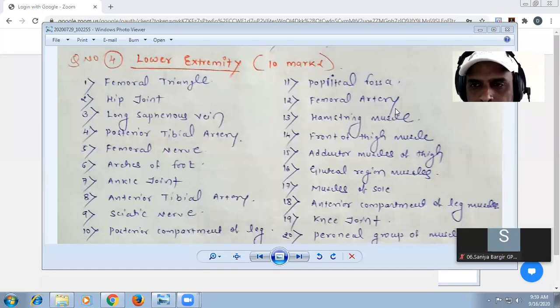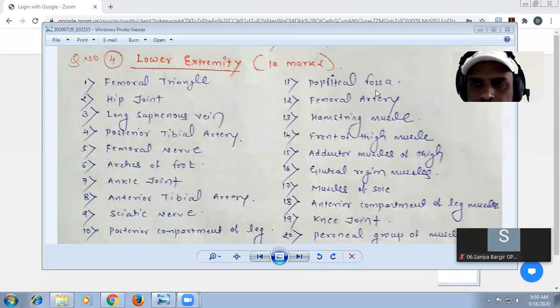Then a clinical anatomy point: you can compress the femoral artery at the mid-inguinal point to control distal bleeding. Pulsation can be felt at the mid-inguinal point. That is what you have to know about the femoral artery. A stab wound at the apex of the femoral triangle, remember, cuts the great vessels of the lower extremity. Then the popliteal fossa.